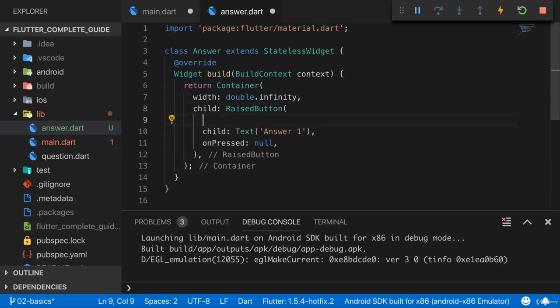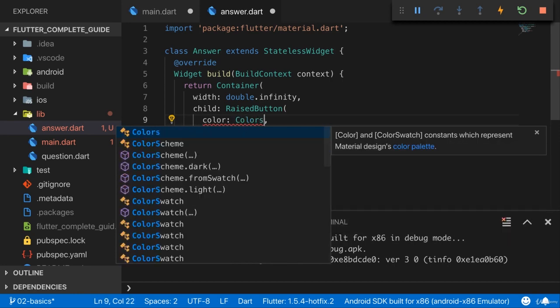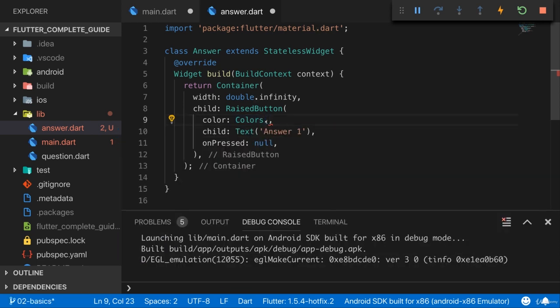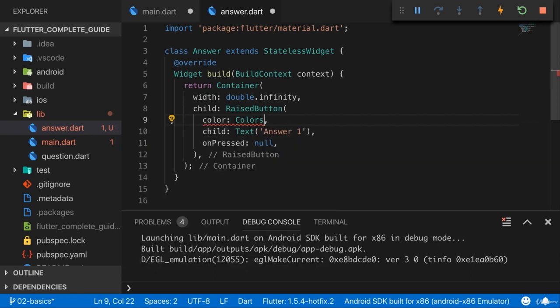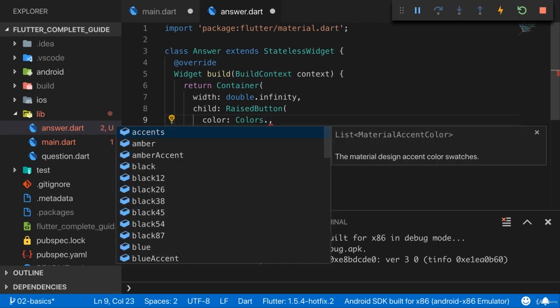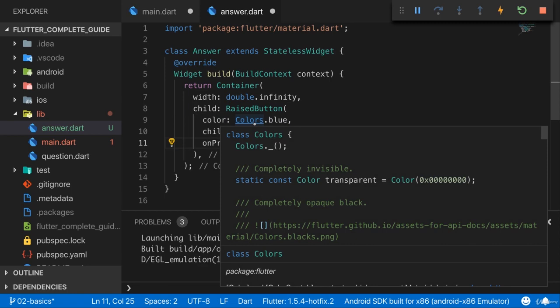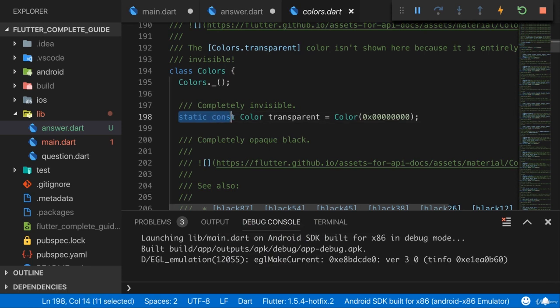I also want to set the color of the button here, and I will set it to a color by accessing Colors. And Colors actually is a class which also has some so-called static properties. These are properties which you can directly use on the class itself without instantiating it first. And there you have various pre-configured colors, and I will simply use blue. Now this can look strange because we haven't used that before. A static property, in the end, is simply, as I said, a property which you can use without instantiating the class. If we have a look at the source code here, we see that the class has these static